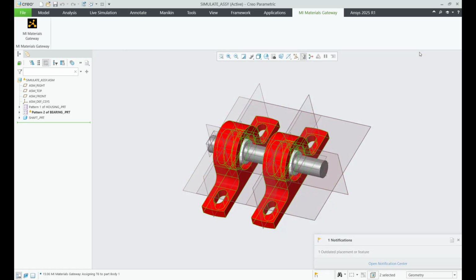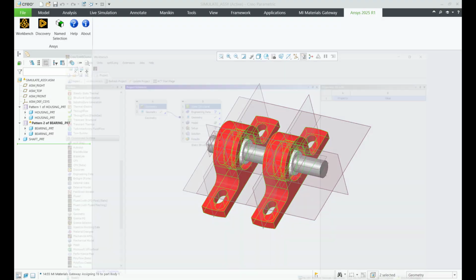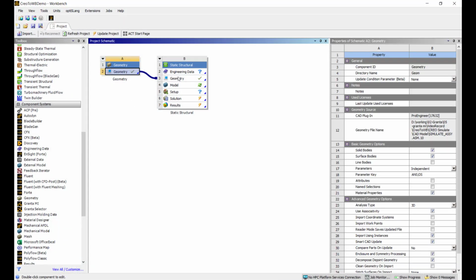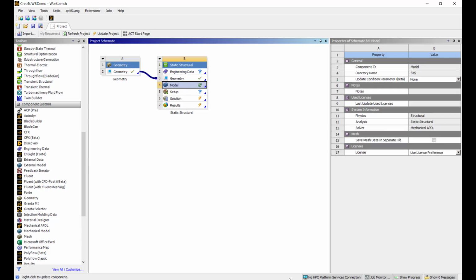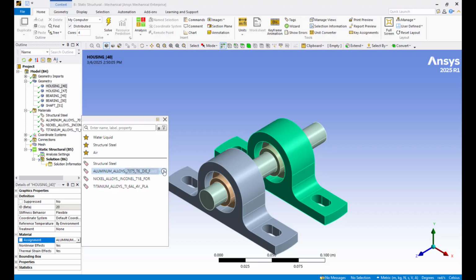You can then close the gateway and launch ANSYS Workbench from Creo. The geometry and material assignments will be brought through into ANSYS Workbench. After connecting the geometry to an analysis system, you can open ANSYS Mechanical to see the geometry and material assignments. In the material assignment section of the housing part, we'll find the details of the aluminium material assigned in Creo